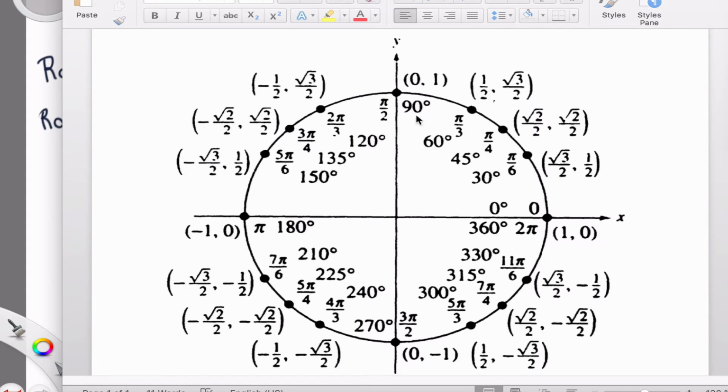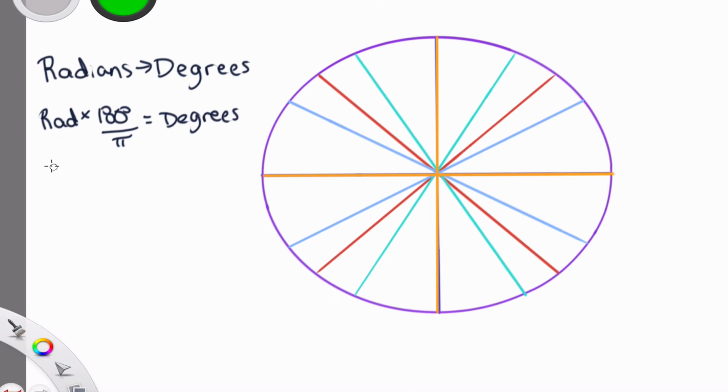In just a second, you'll see a completely blank unit circle, and I want you to see how we get the radian measures, pi over 6, pi over 4, pi over 3, and so on. And I will give you a formula to convert to degrees if you like before I begin. Notice here I have my completely blank unit circle, and as promised, let me show you how to convert into